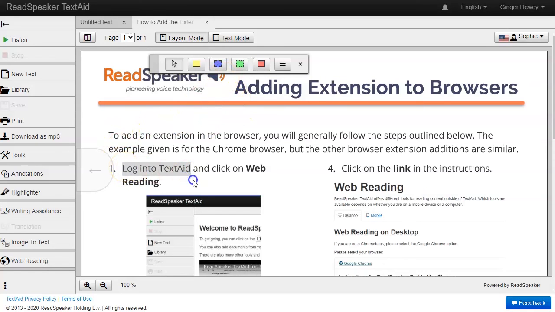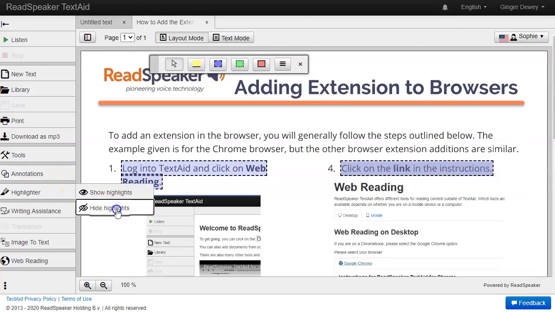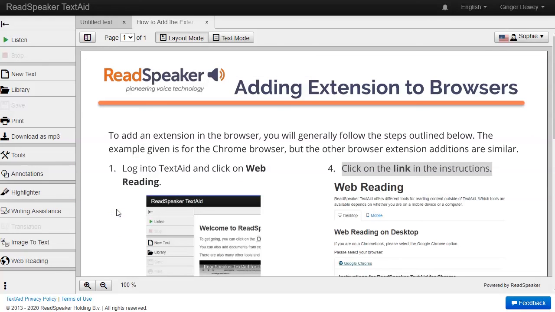A second suggestion for using the highlighter tool is for presenting material to your classmates. If you are presenting an article, you may want to highlight important aspects of the article, and then click on Hide Highlights. Next, as a way of engaging your classmates, near the end of the presentation, begin asking them questions about their takeaways. Once your classmates have expressed their takeaways from the presentation, click on Show Highlights. This process allows students to make sure that they are picking up the main points in the article or presentation.